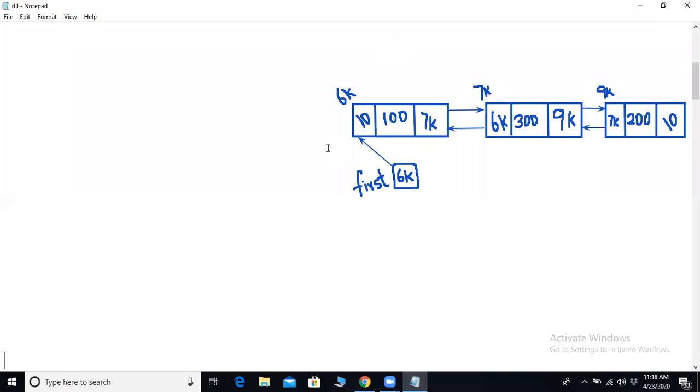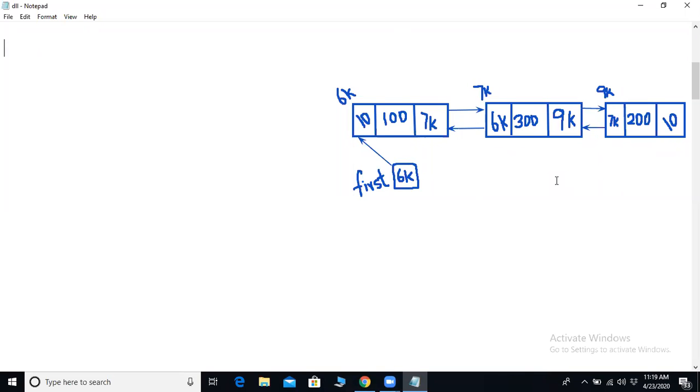Okay, today we will discuss one more operation on this doubly linked list, that is delete a given item. So let's assume this is our linked list. Are you able to see the picture of the doubly linked list that I have written? Yes. Okay, so we have three nodes in total in our linked list.